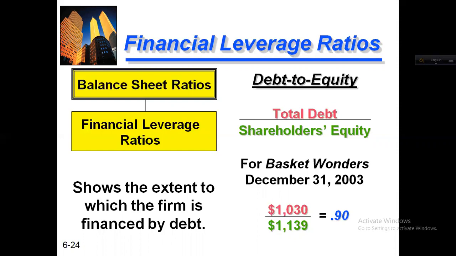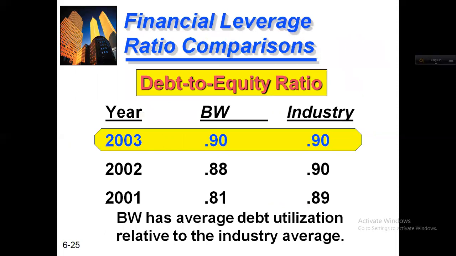So what is total debt? Total debt is long-term debt, and shareholders' equity is the combination of common stock, preferred stock, paid up capital, and retained earnings. So now we are putting in the values and the total debt to equity ratio is 0.90. That means for our 100% equity, there is 0.90 debt. So that is risky. It shows to what extent the firm's capital is financed by debt. That emphasizes that 90% of capital is